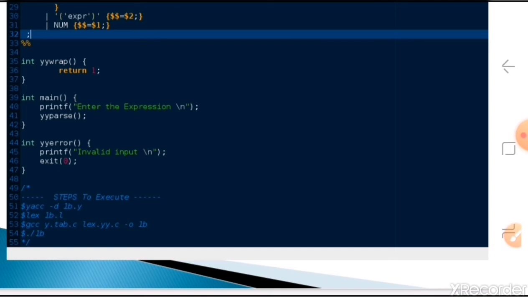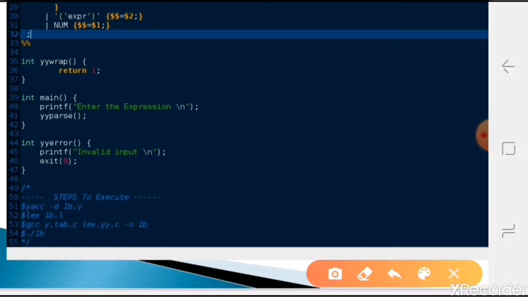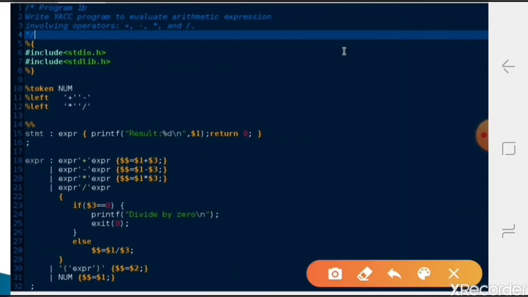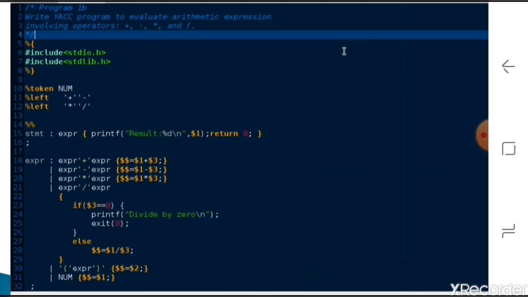And if the input is over, or whenever we give exit 0, the remaining buffer is not read. Actually you have to read all the contents from the user. Suppose there is a divide by 0, and maybe after that some expression is there, but we are not reading those things and we are exiting here. In this kind of case, you have to say that our input is completely over.